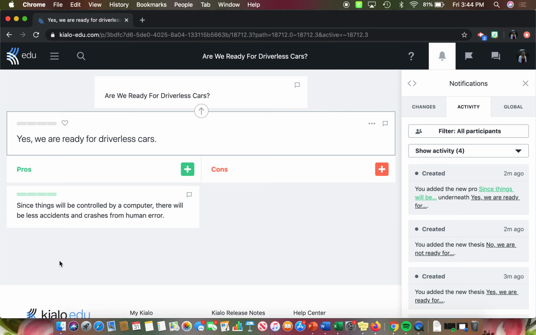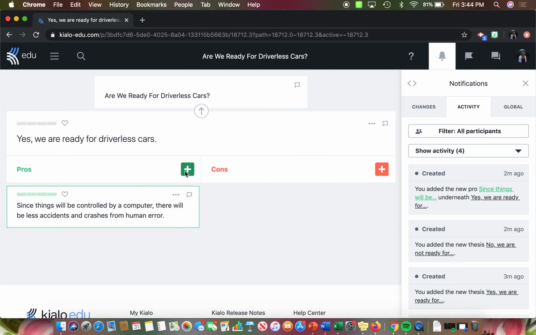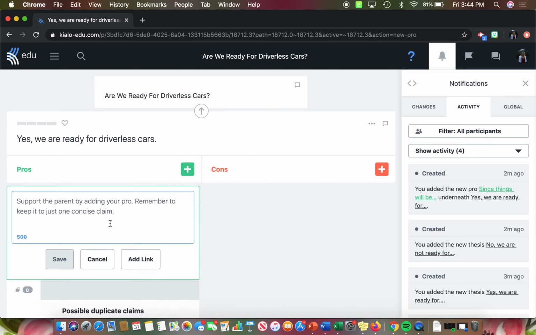Save. There's some other ones that I think of. It will allow passengers to be more productive while they're